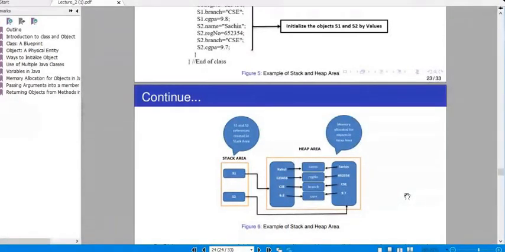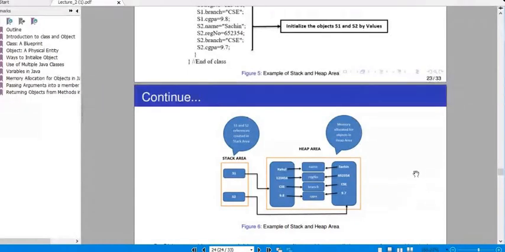One memory is for S1 and the other is for S2. In S1, Rahul, 123456, CSE and so on are stored, and at the same time in S2, Sachin, CSA and the rest are stored, in different memory locations in the heap area.